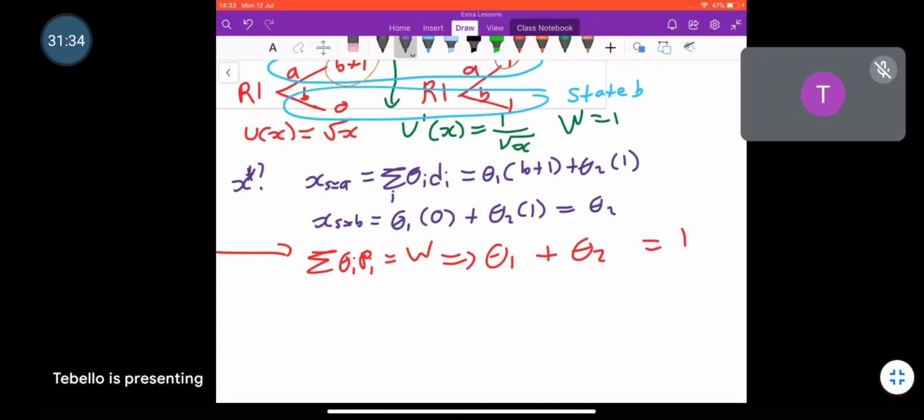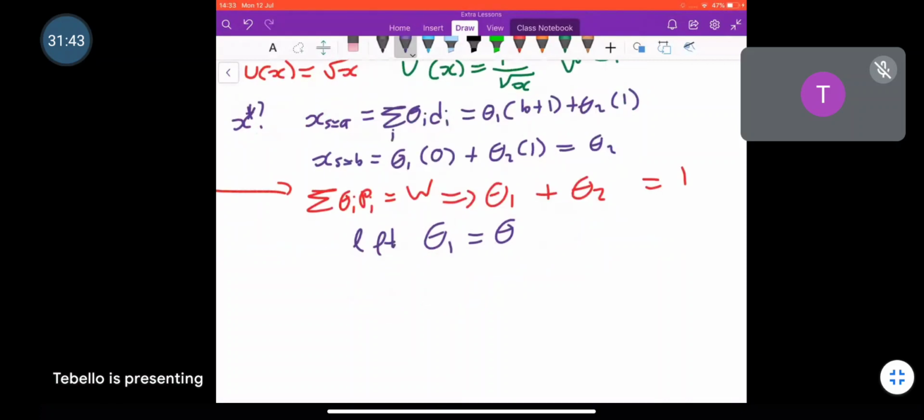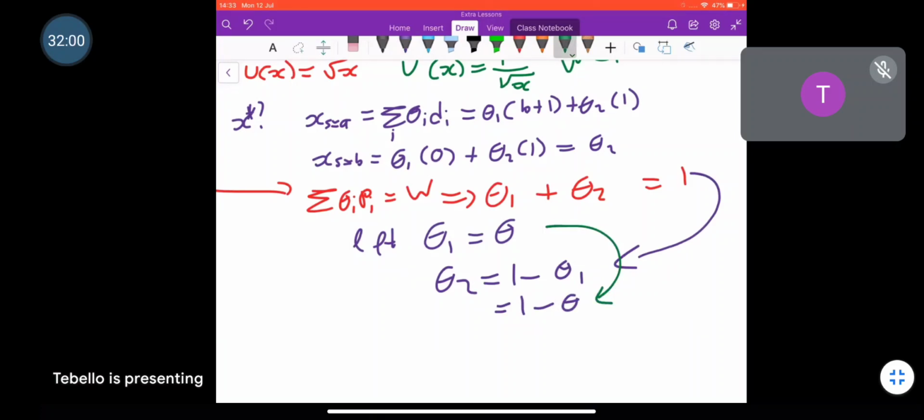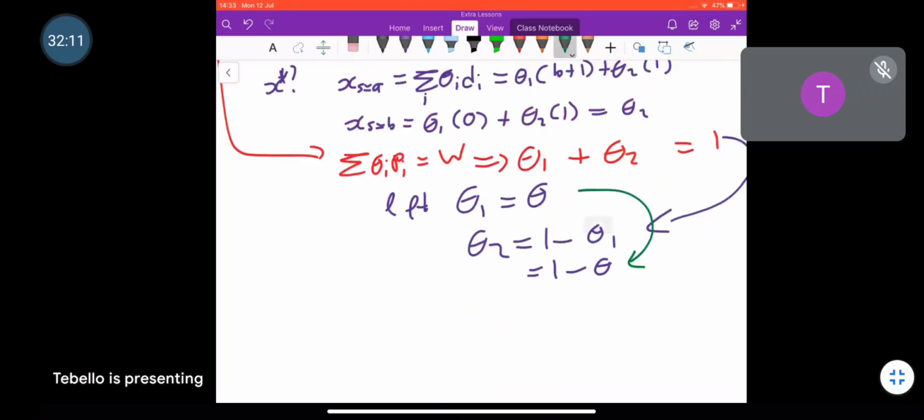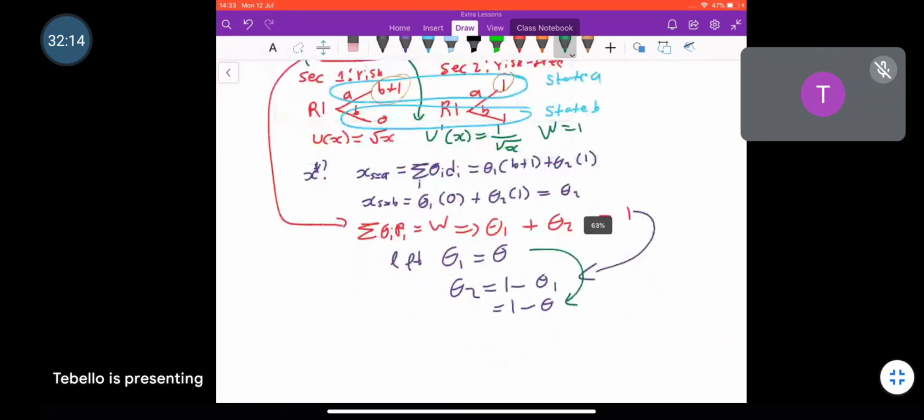So I can say that let theta 1 be equal to theta. If this is the case, theta 2 from here will be 1 minus theta 1, so this simply means 1 minus theta. So theta 1 is going to be theta, and theta 2 is going to be 1 minus theta. I just tried to simplify it, and then I can go to the next question, which is this one over here. So I can put it here,